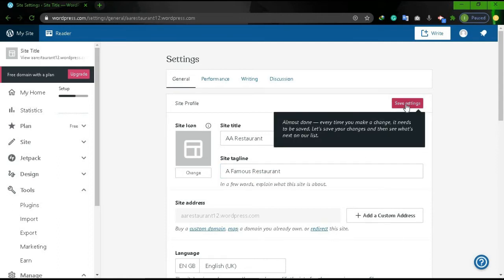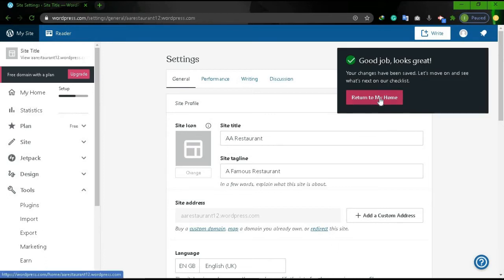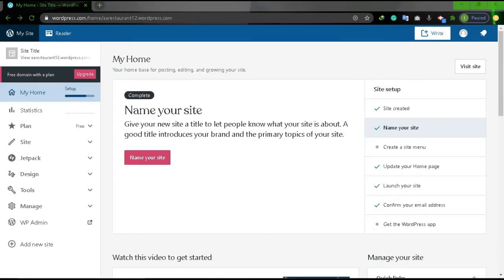Now click Save Changes. Return to Home. You can see that the name of your website has successfully changed.